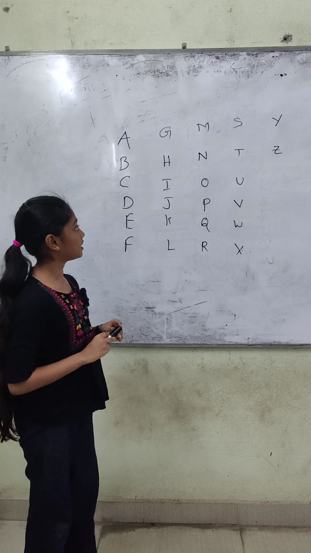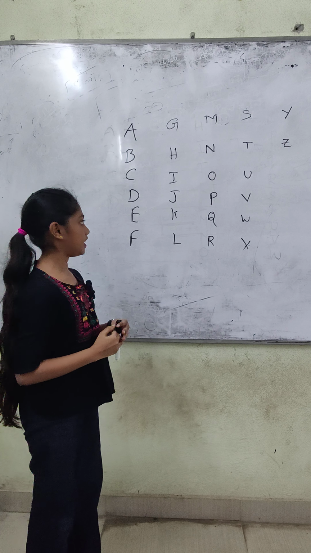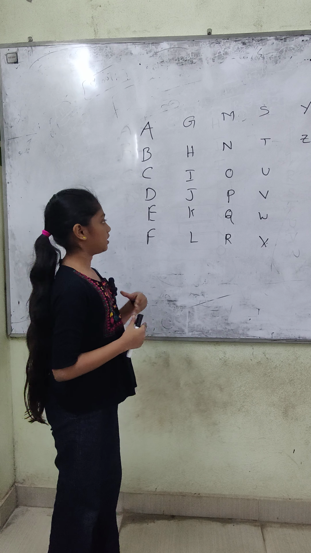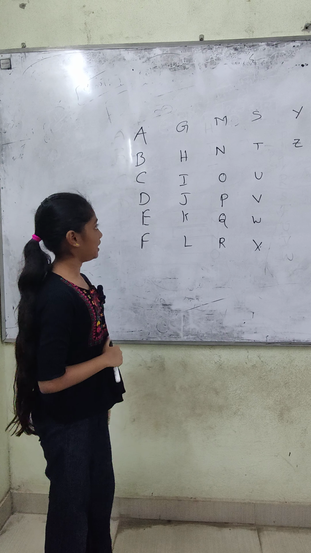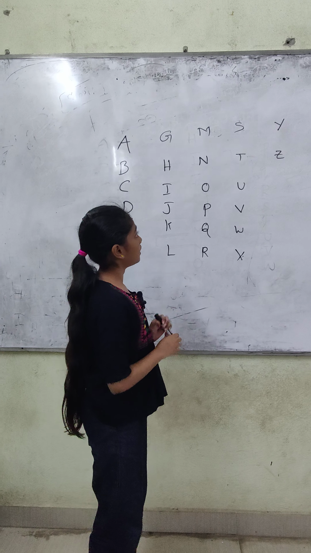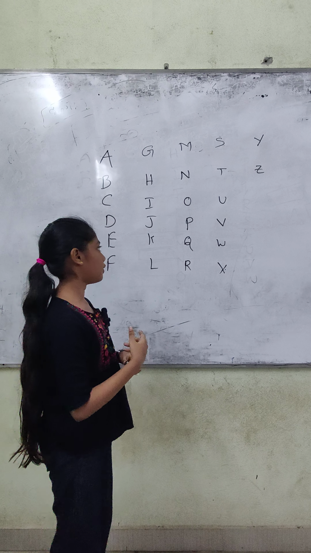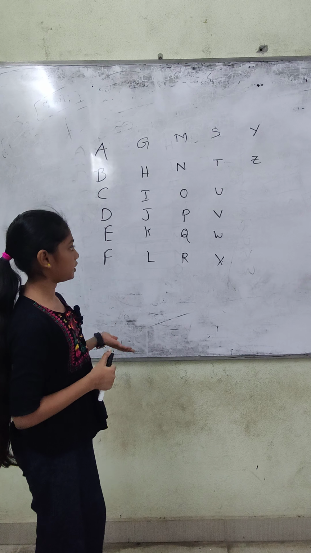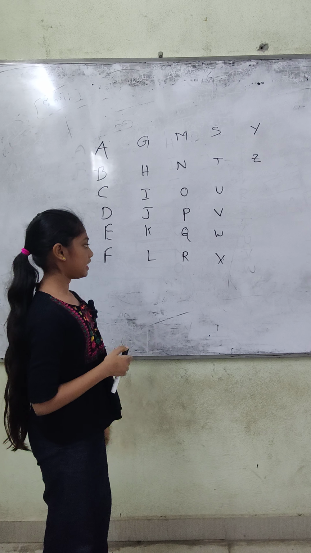to, Control H is for replace, Control I is for italic, Control J is for justified alignment, Control K is for insert hyperlink, Control L is for left alignment, Control M is for increasing length, Control N is for new, Control O is for open, Control P is for print, Control Q is for decreasing length, Control R